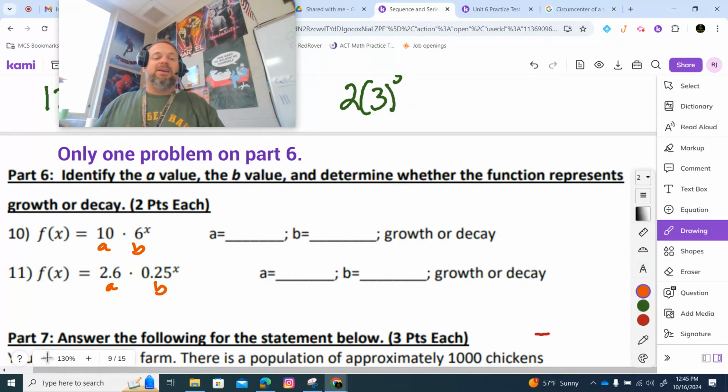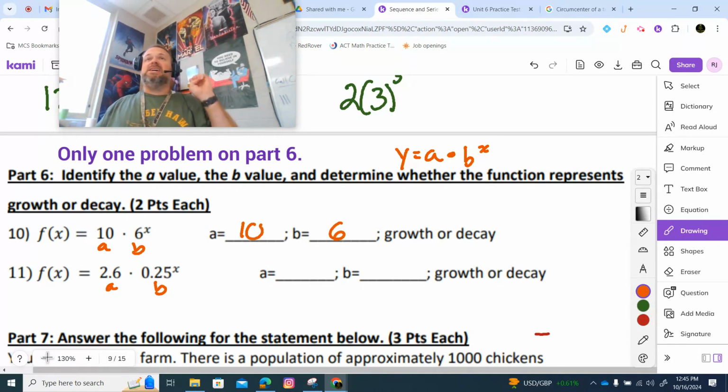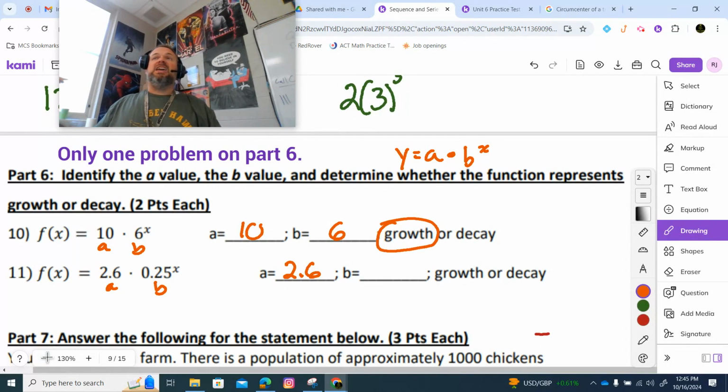It's like I labeled it almost because we had the notes that told us it looks like this. Okay. Remember, if B is bigger than 1, it is growth. If B is between 0 and 1,